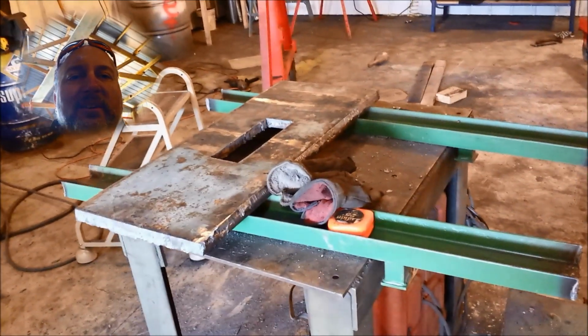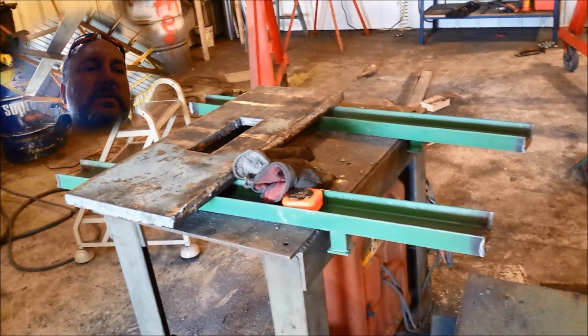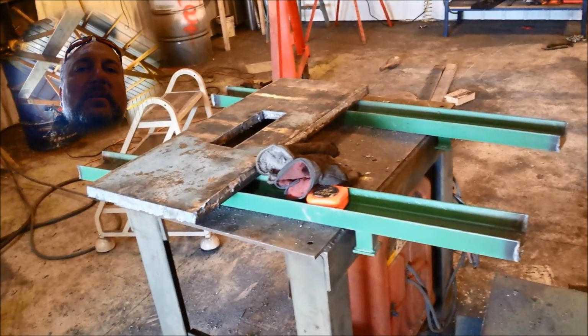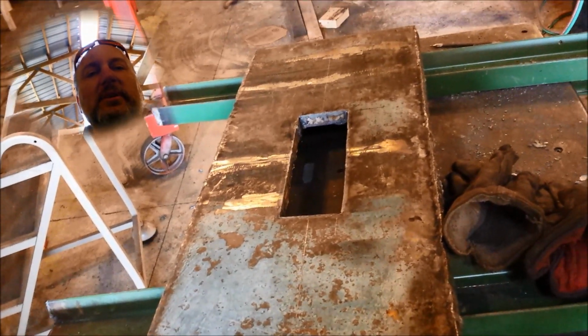All right, here it is. Time for a little commentary on this thing. So far I've got 12 pieces cut out for the great wood boiler, and I just cut out my bottom piece. This is going to go on the bottom with a slot here,